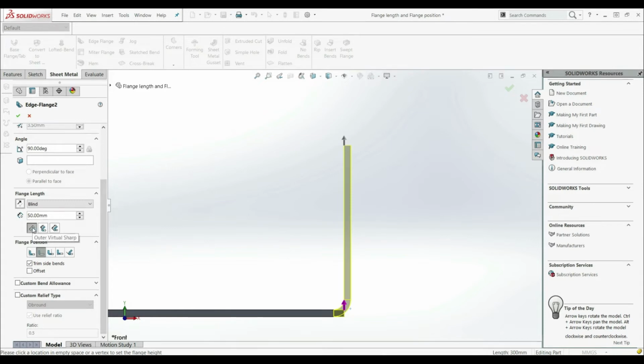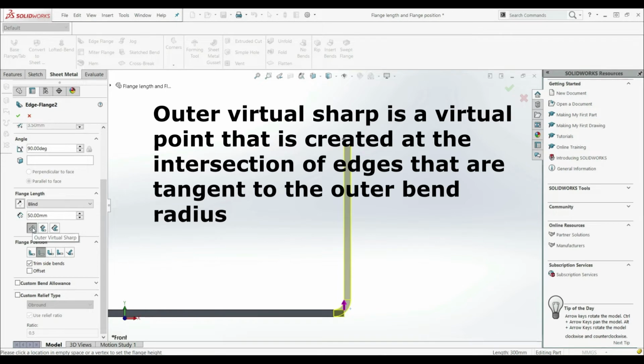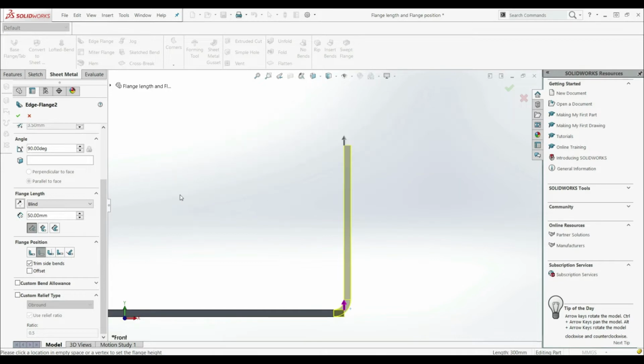Let's go first with outer virtual sharp. The outer virtual sharp is a virtual point that is created at the intersection of edges that are tangent to the outer bend radius. So what does it mean? Here we have the bend radius, so we have one tangent line, and here we have the second tangent line. Now the length is measured from the intersection of those two tangent lines to this edge here. So for example, if we increase the angle,